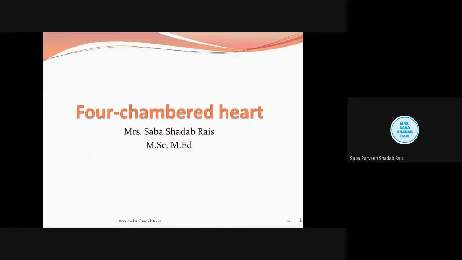Students, we were discussing the four-chambered heart. In the last lecture, we also discussed the reptilian heart. In the special example of the reptile, we took the crocodile, and we observed that the four chambers are present in the crocodilian heart, but still there was mixing of the blood. Can anyone tell me the name of the aperture which was helping the mixing of blood?